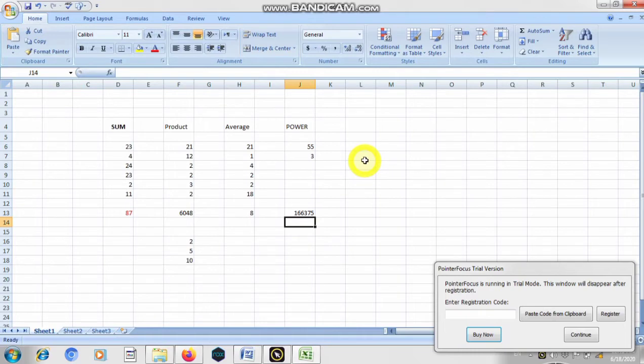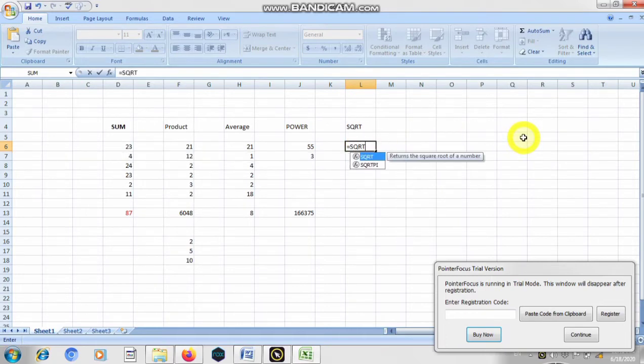Next is SQRT, which is basically square root. How can we find the square root? You simply need a value. If you want to calculate the square root, insert the equal sign.